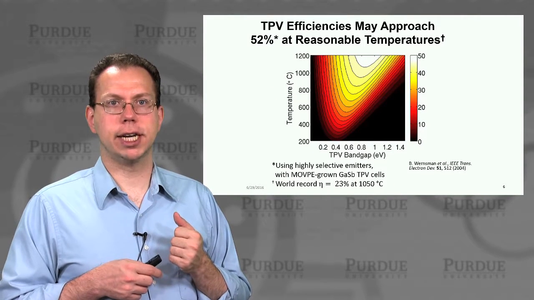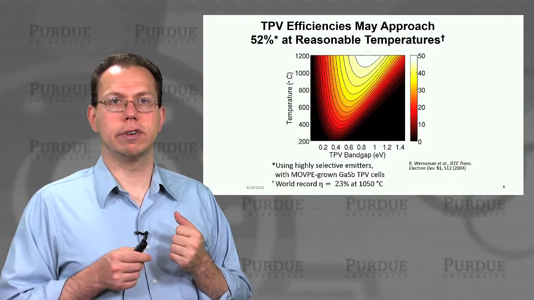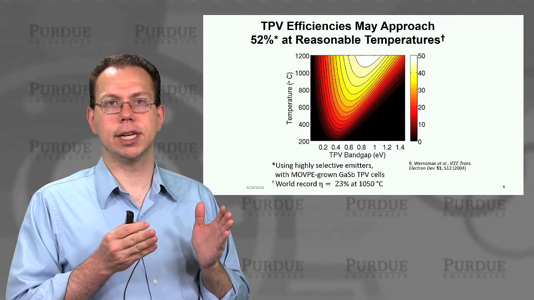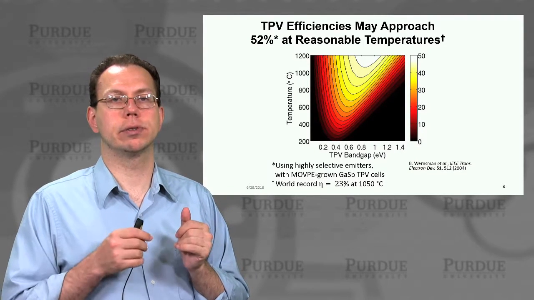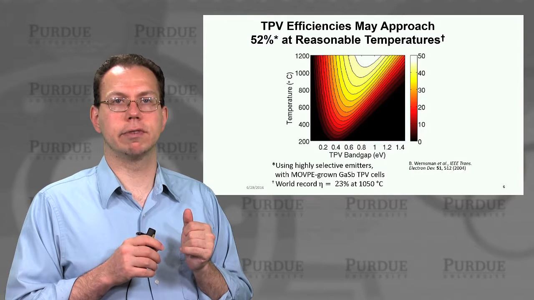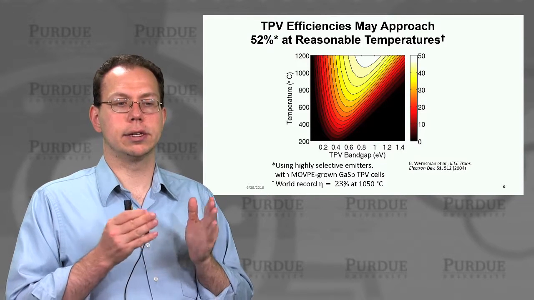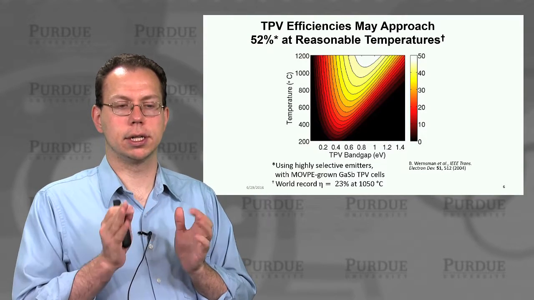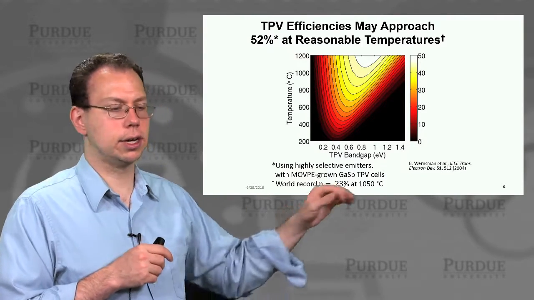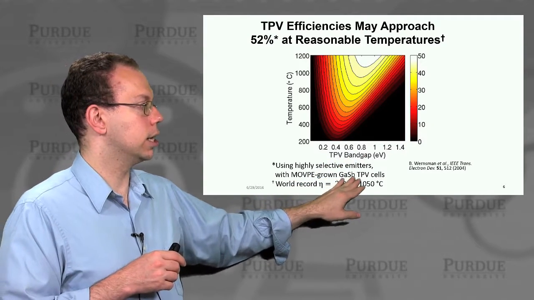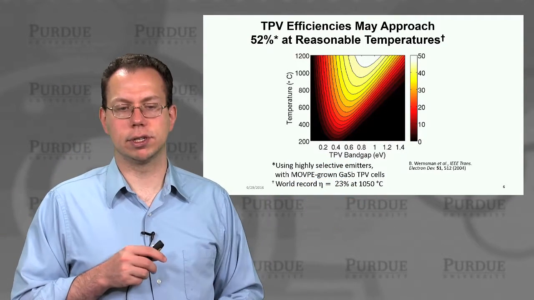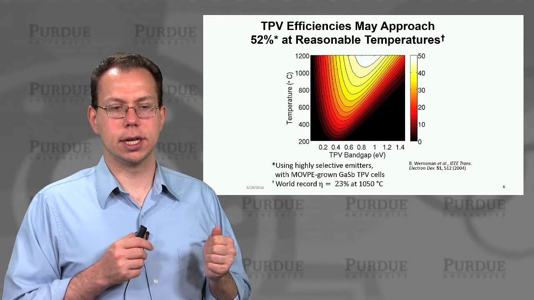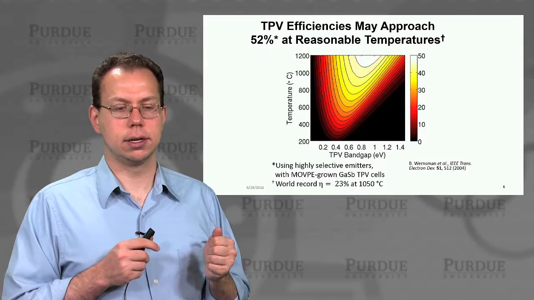And what we find is that if you have a very high performance system, in other words, very high emissivity at target wavelengths and very low elsewhere, and good photon recycling of errant photons, and a very close proximity of the emitter and receiver, and several other conditions, and also you have high quality gallium antimonide thermophotovoltaic cells, with a band gap around 0.7 eV, and your emitter is on the order of 1200 C.